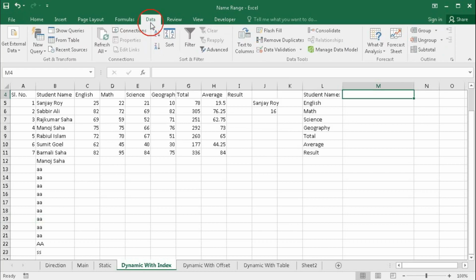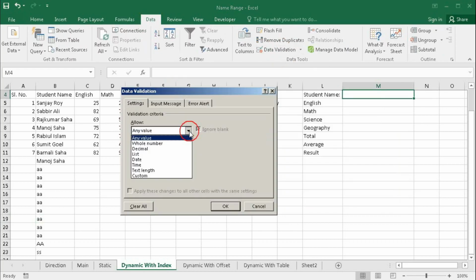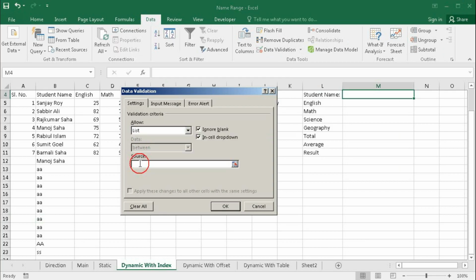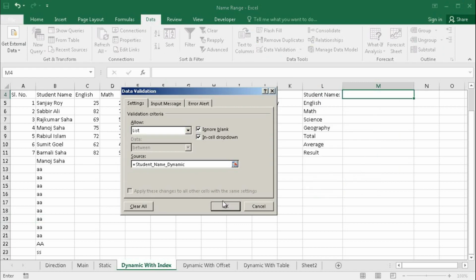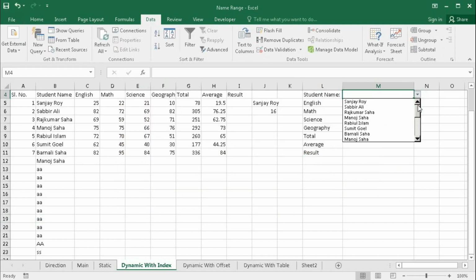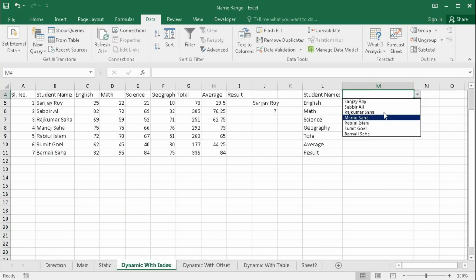So go to data validation, list, and our source will be, press F3, student name dynamic, okay. Now we can see here a dynamic list. If we delete this, then go here again, we can see it is up to Bornali Shah.